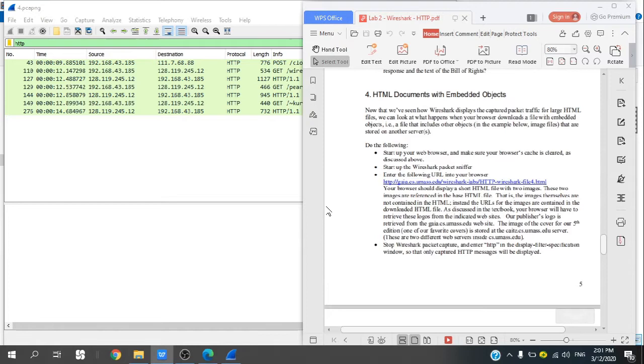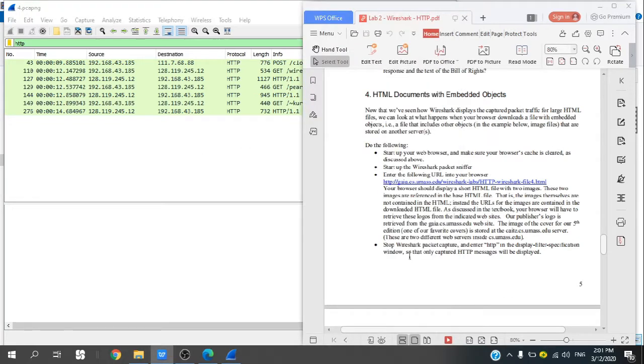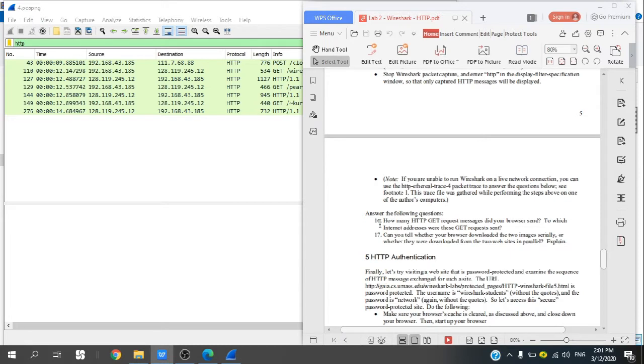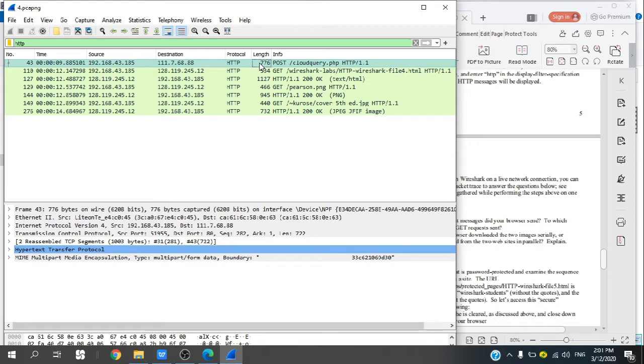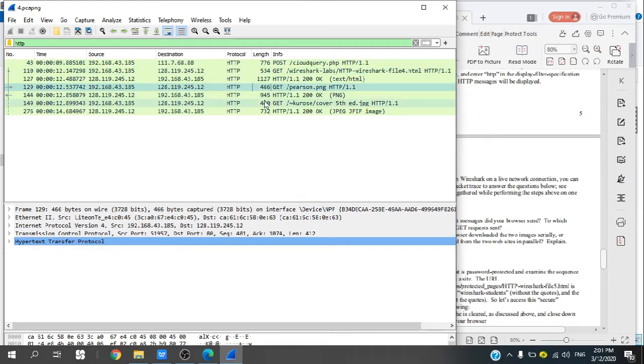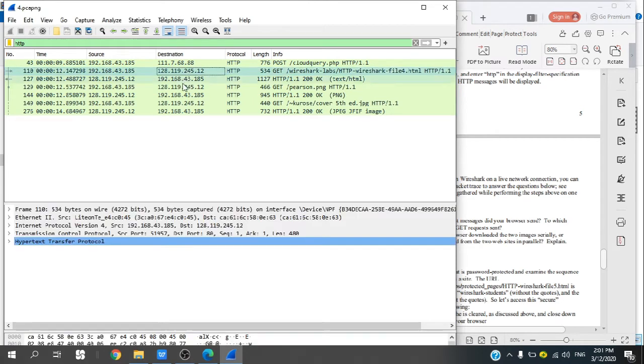The next part that I'm going to present is part 4, HTML documents with embedded objects. This is the packet capture that I have taken for part 4. Let us look at question 16. How many HTTP GET request messages did your browser send? To which internet address were these GET requests sent? Ignoring the first message, we can see there are 3 GET messages sent to the server, and all 3 have the same destination address,